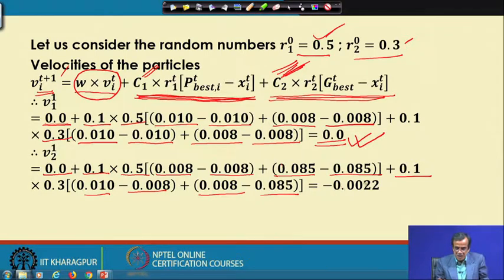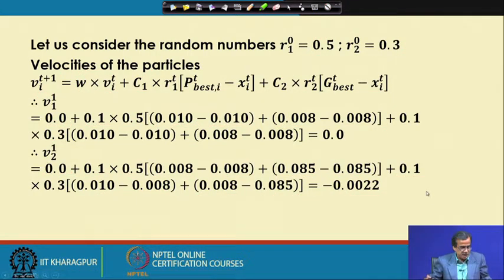If we simplify, we will get the modified velocity, V2 with respect to 1, the updated velocity of the second particle in the next iteration, and that is 0.0022. And here I can assign a negative value, because this actually indicates the vector direction.